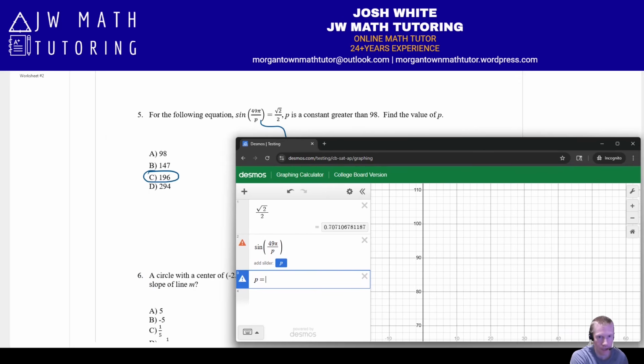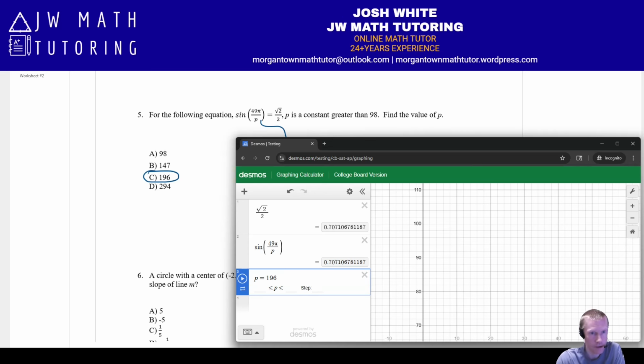So first, I would plug in 98. Do the two numbers I see in rows 1 and 2 equal? And the answer is no. So then I would go to 147. Do they equal? No. Then I would go to answer choice C. Do they equal? Yes. So that's the correct answer. And then if you check the last one, you'll see they do not equal, just confirming that it is letter